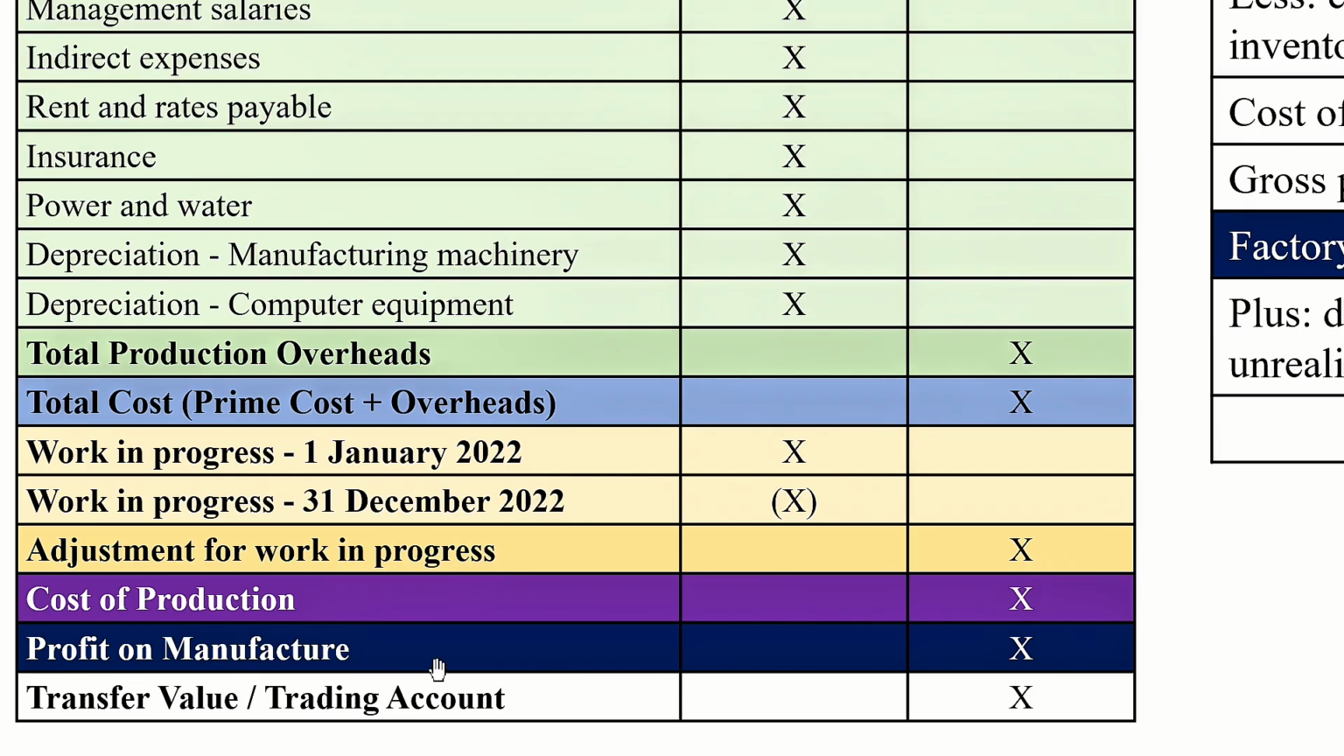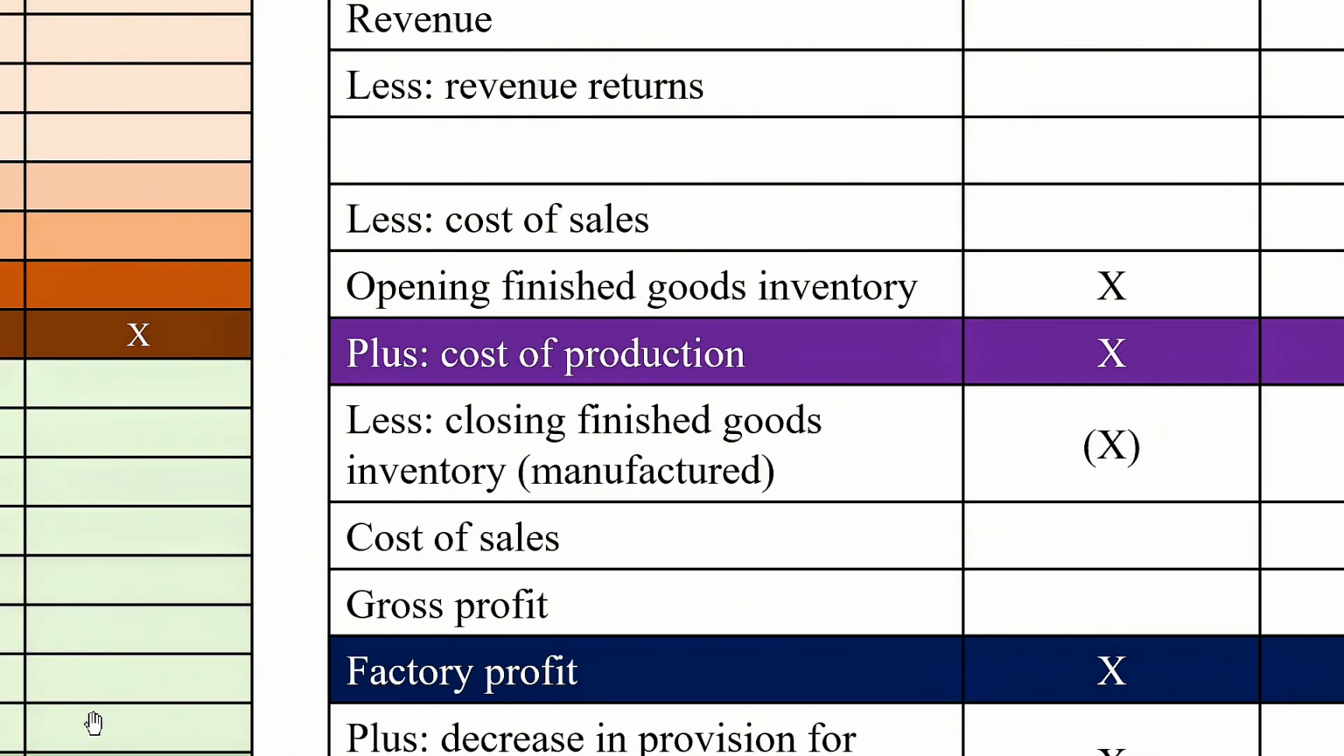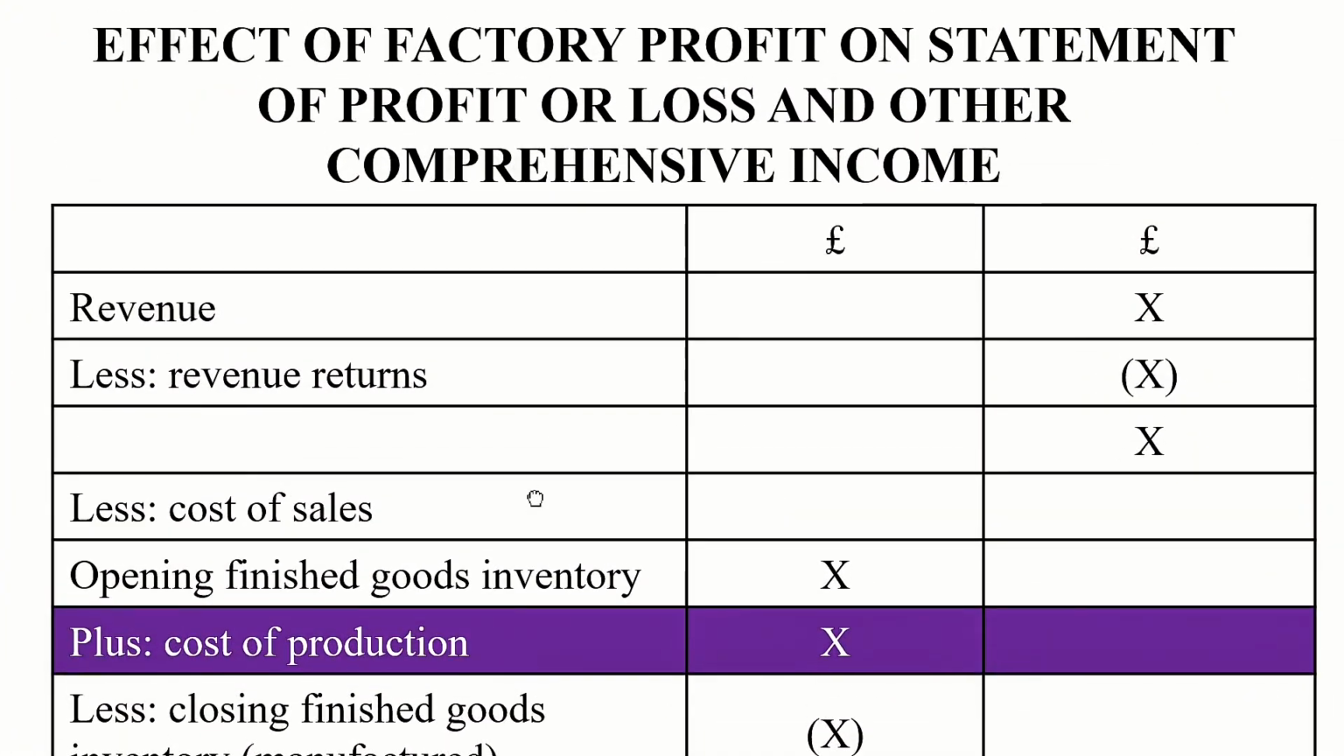If any profit on manufacture is given, that needs to be added in order to transfer the value to the trading account. Now, this value should reflect in the income statement. So, effect of profit or loss,